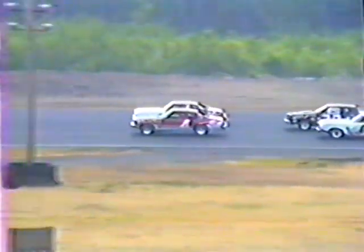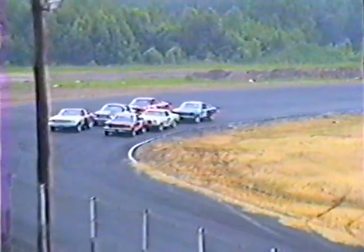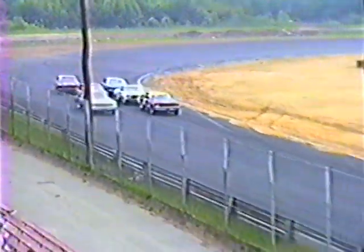Semi-feature. Into turn number 3 for the final time under yellow. Give the driver a chance to hunch down on the seat, give a quick tug on the belt, make sure the window net is latched, look onto the front straightaway. All eyes on the starter as we go into the